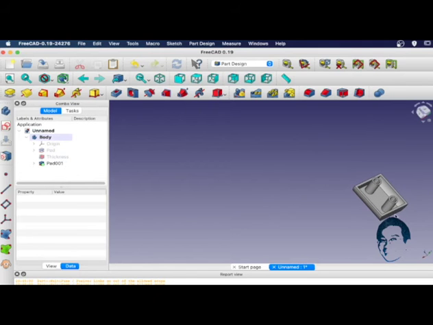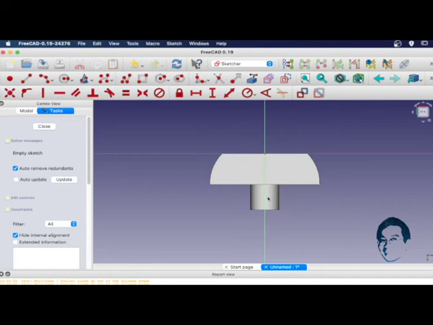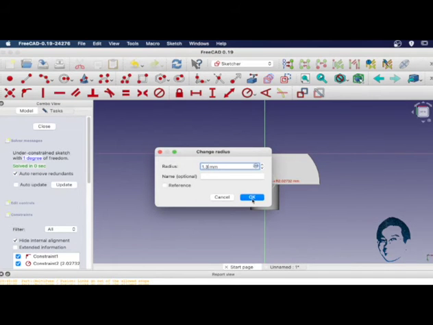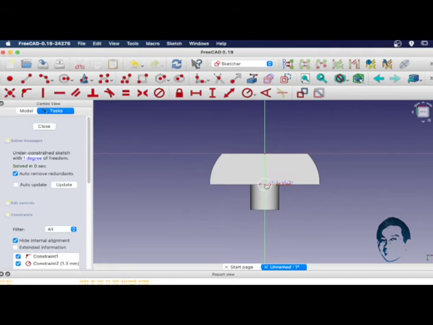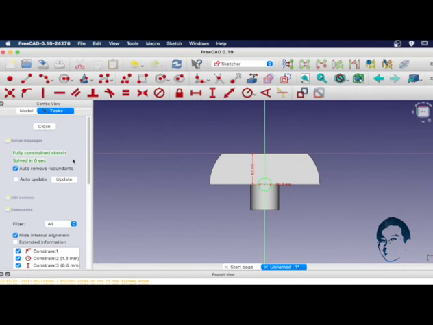The next thing is to create two small pivot points. Let's select this surface. Let's centralize the sketch. So here we're going to create a circle by using the circle tool and make sure it aligns to the axis. Alright, the radius for this one will be 1.3 mm. We want this one to be aligned to the center half of this, and we know that the vertical distance from this point to this point is 6.5. Alright, you can see the sketch is fully constrained.